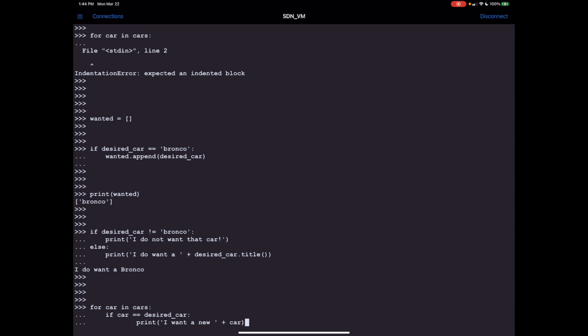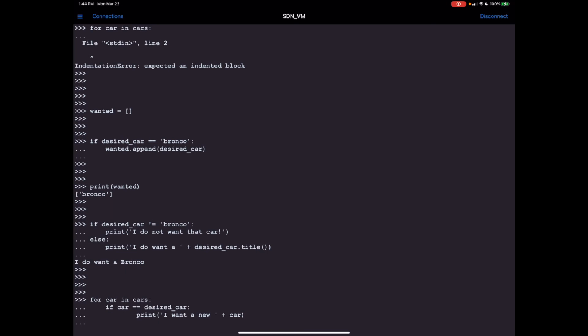So if car is equal to the desired car, then it's going to print I want that car. And I will end that,